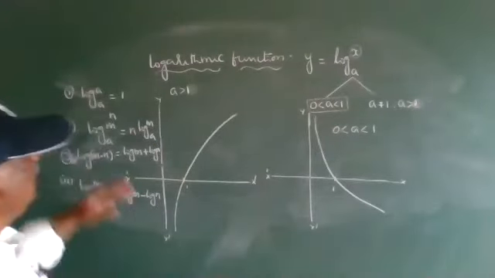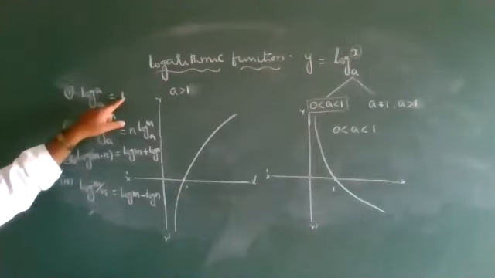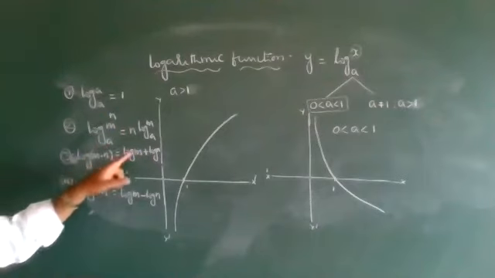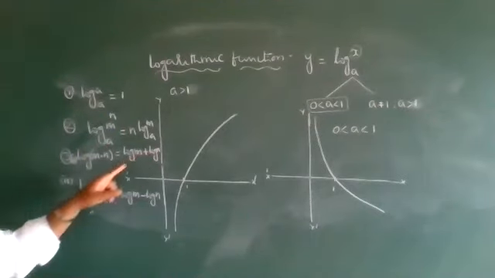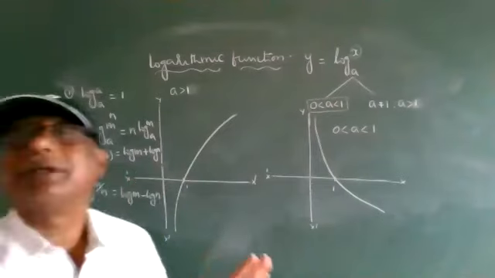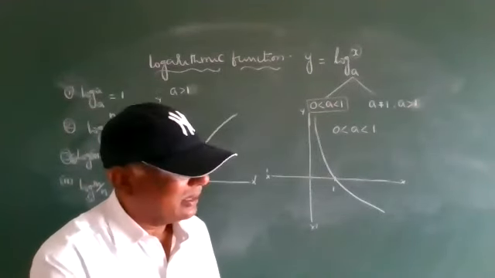So when base and number are equal, the value is 1. Power comes before in logarithm. Product means we can represent it as a sum. Division means minus will represent it. That is the condition. Okay? The logarithmic function is completed. Now,